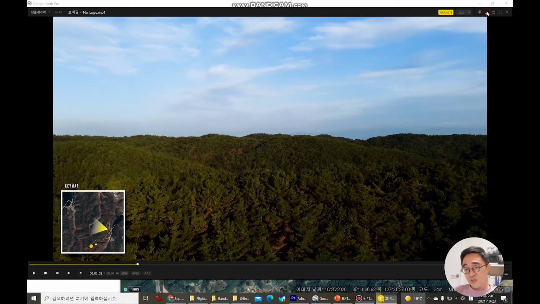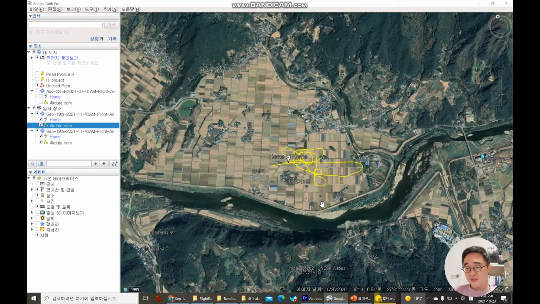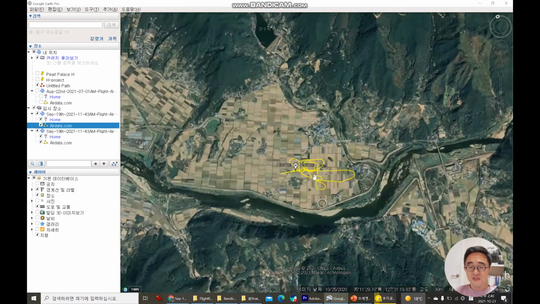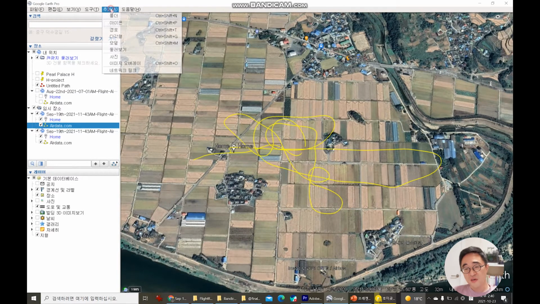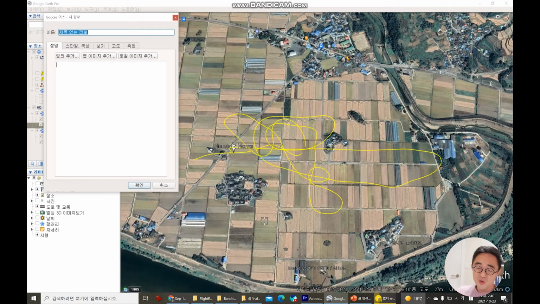How to make this is quite easy. Let's say there's a big land like this, and when I fly here, it's really hard to understand where the drone is actually flying on the map. So when you go to this edition, there's something called a path. It's in Korean, but it says path. Once you press that,